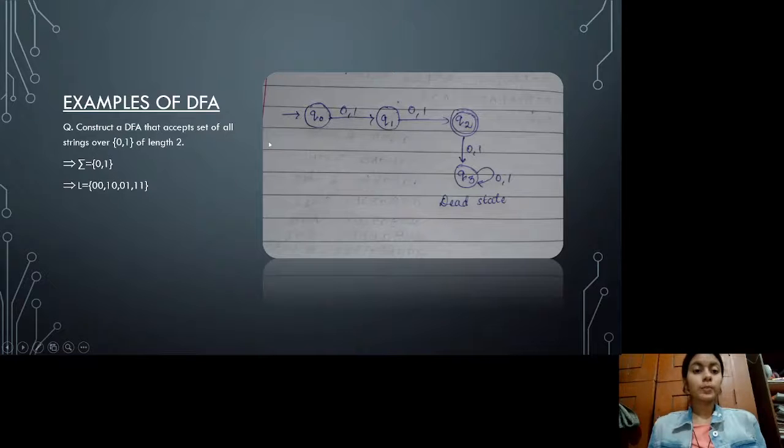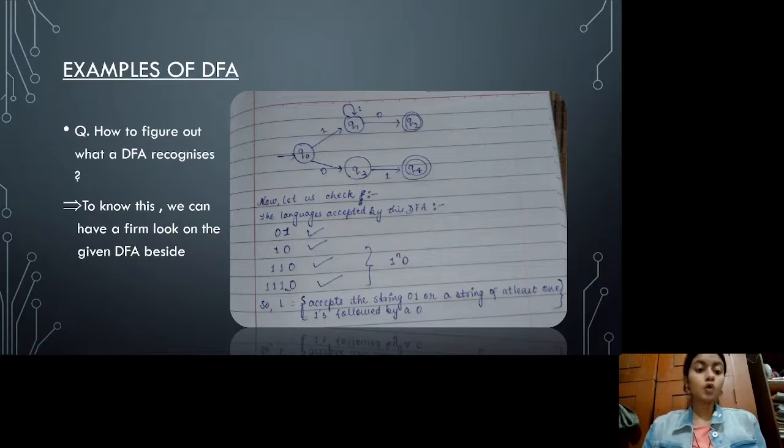Now moving on to the third but important example, that is how to figure out what a DFA recognizes. Till now we have seen that we are given a language and then we have to design a DFA for that. But now we are given a DFA and we have to determine which language it is talking about, which language it has been designed for. So quickly looking at this example, starting state Q0, when it gets an input of 1, it moves to Q1. Then on Q1, we have a self loop of 1. We can have an infinite number of 1s, either no 1 or many 1s. Okay. So Q1 having an input of 0, we can move to Q2, that is the final state.